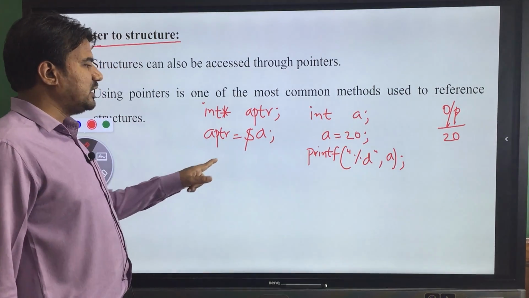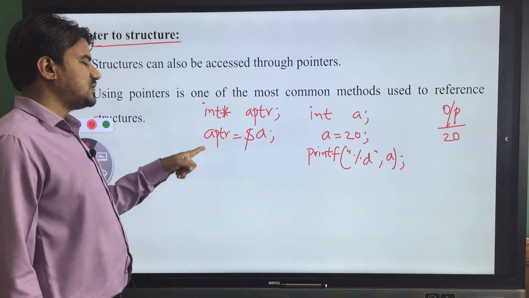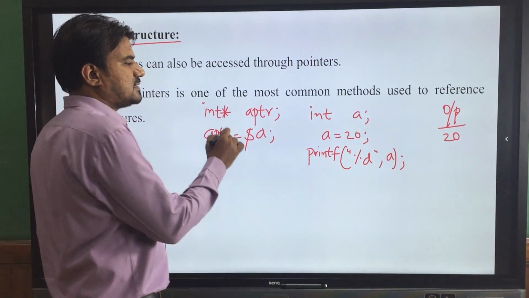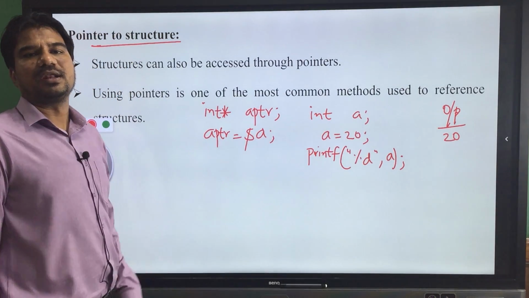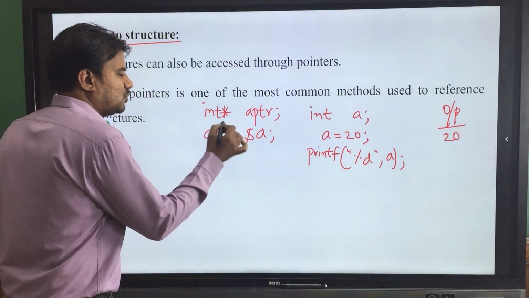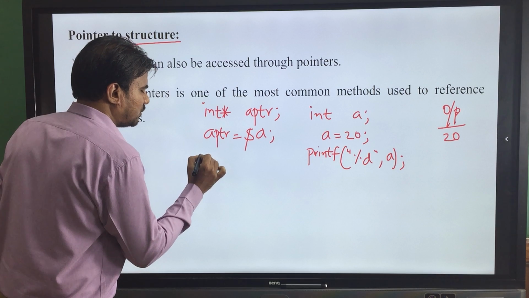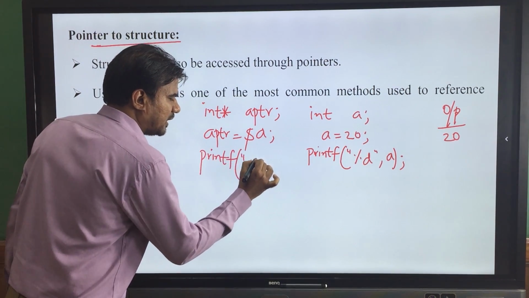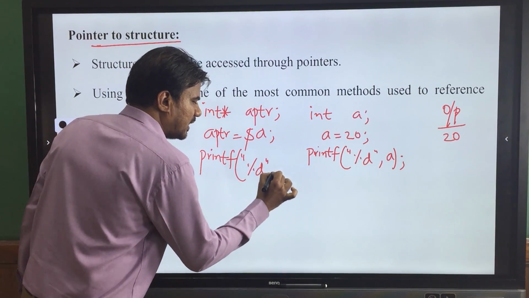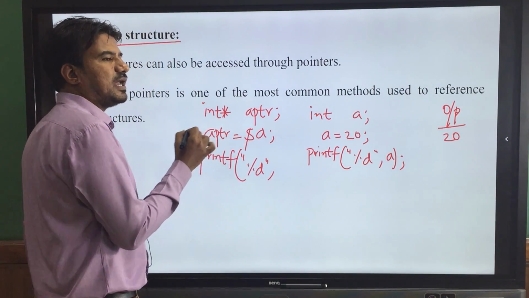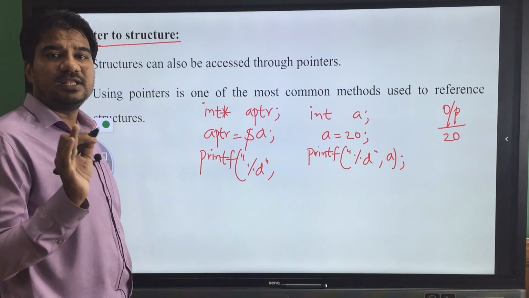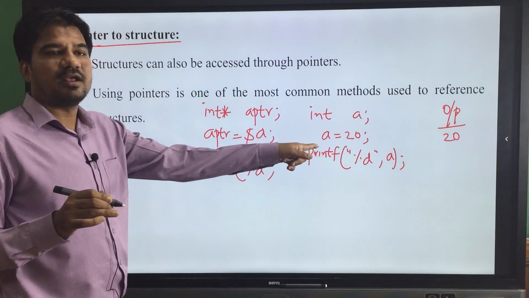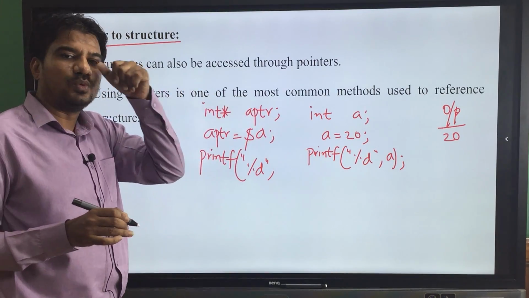Okay, so now when you are storing the address of a into this aptr, this aptr will hold the address of a. So using this aptr, I can access that same memory location, that same value. Suppose using this pointer you want to print the value, what you have to do is take the printf statement, printf of percent d, comma, to get the value from this aptr. aptr is holding an address, it is not holding the value. Remember this one, aptr is holding the address. Unlike your regular variable a, aptr is not holding the value, it is holding the address.